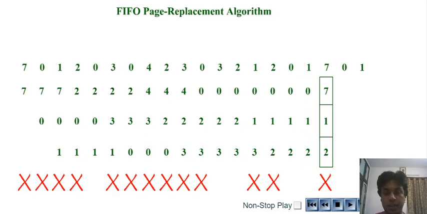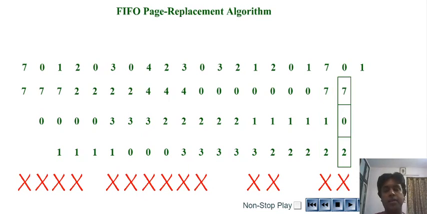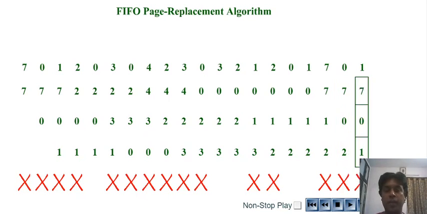Next number is 7. So now we are going to replace 0 with 7, and because that is not there in my memory, we are going to have a page fault, right? After 7 we have 0. So now since 0 is not there in the memory, as per the concept of first in first out, 1 is going to be replaced next. Okay, so 1 has been replaced with 0, and last is 1, which is again not there in my memory, and this will again lead to a page fault.